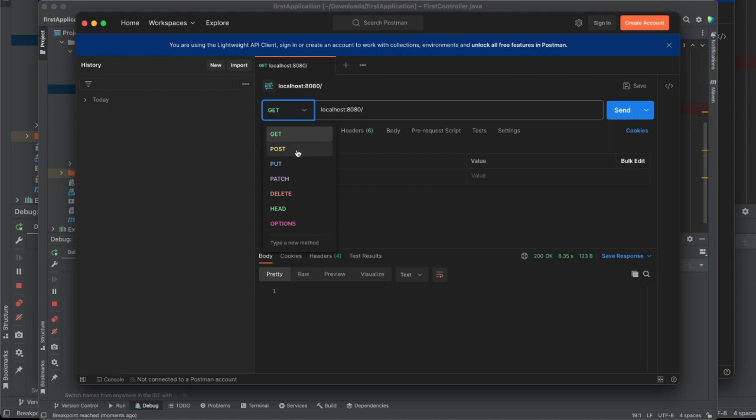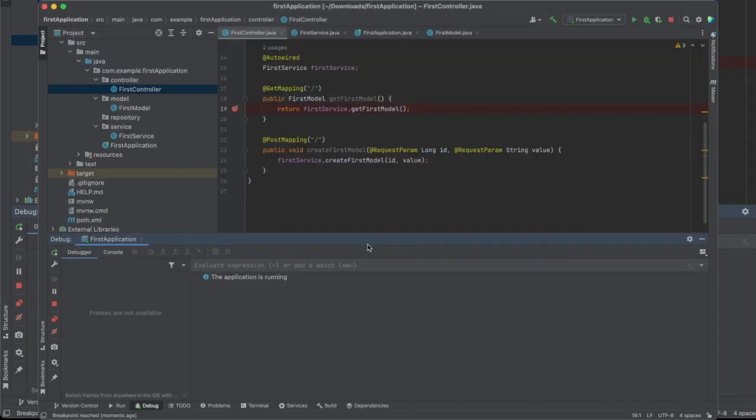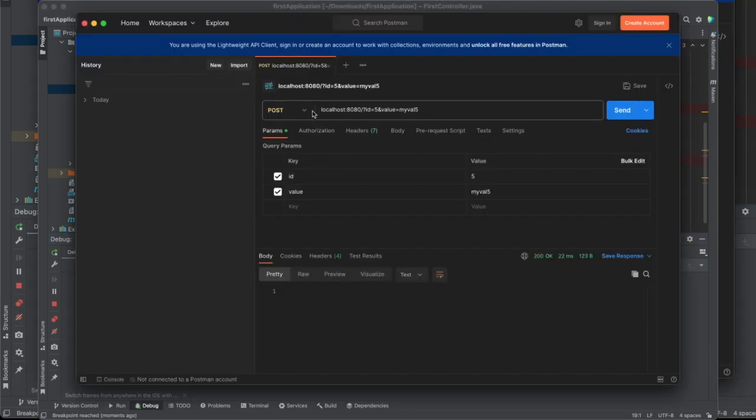So let's do post, now id 5 and then value. So let's do a post. Okay, breakpoint as well. Let's see again now if we do get